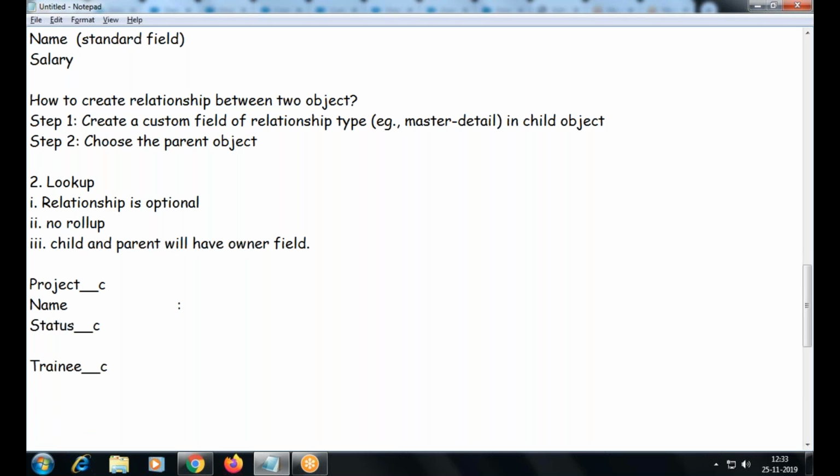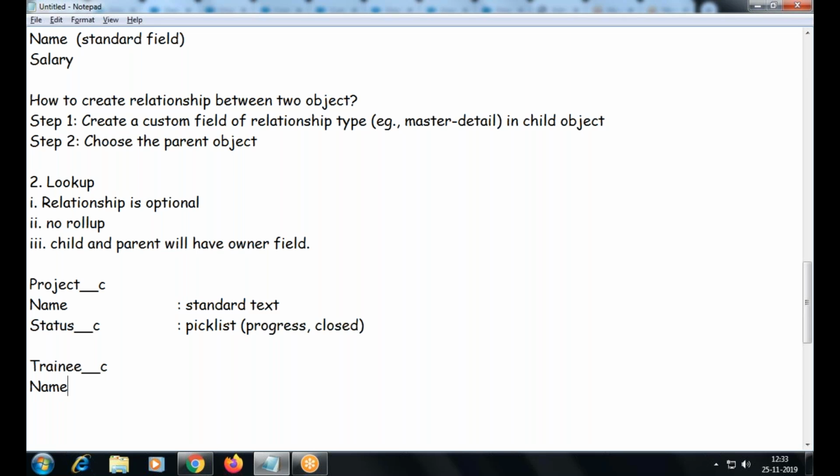This is a standard text type field. What is this? Maybe a pick list, saying in progress project or closed one or something.